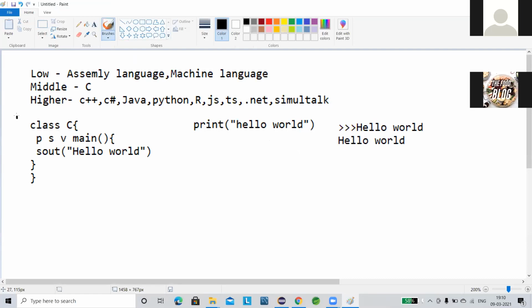See, here in Java we have to maintain the class name, and as well as this keyword. Like public, you have to maintain it as public. If it isn't public, you cannot use it from outside the class. Static, you have to mention it, then void main. Then inside the main, you have to mention System.out.print and hello world. In Python, just go and type print. So why do I show this? If you learn Java, you will find that for the basic operation, C language is very easy, right? What is the basic operation?